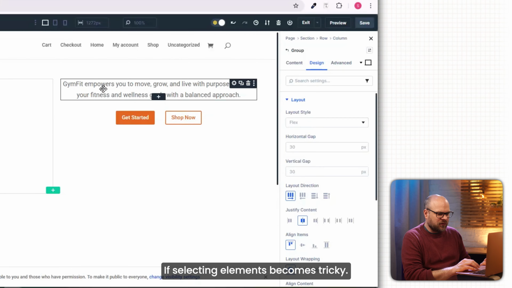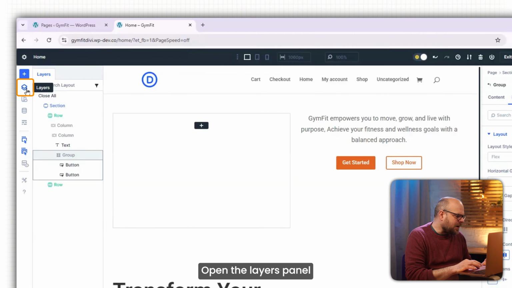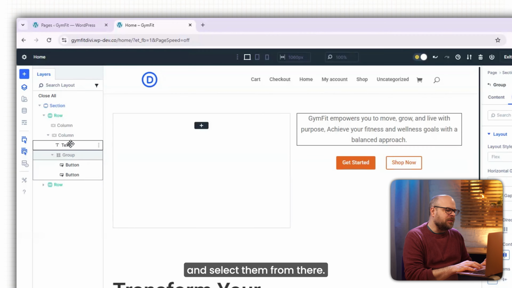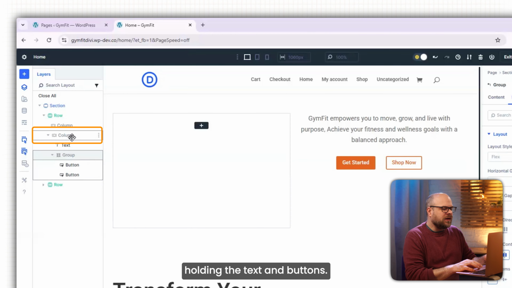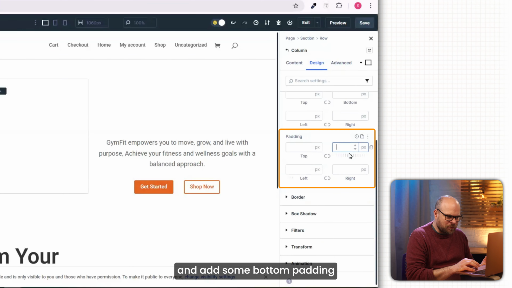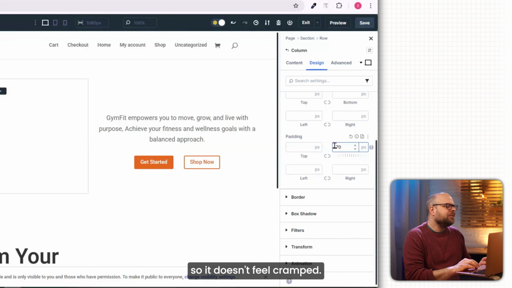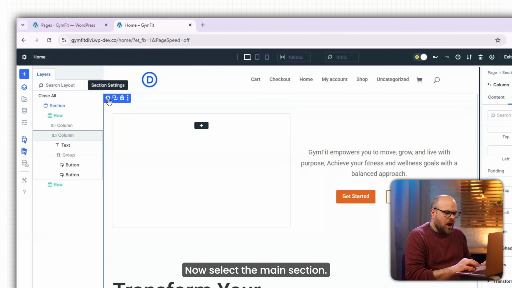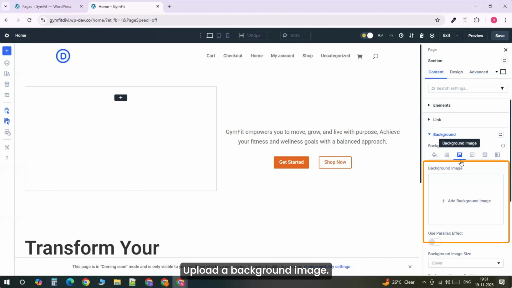If selecting elements becomes tricky, open the Layers panel and select them from there. Select the column holding the text and buttons, align the content to the bottom and add some bottom padding so it doesn't feel cramped. Now select the main section, upload a background image,